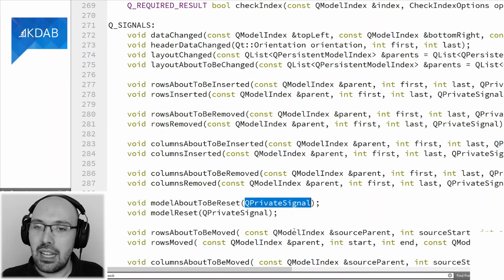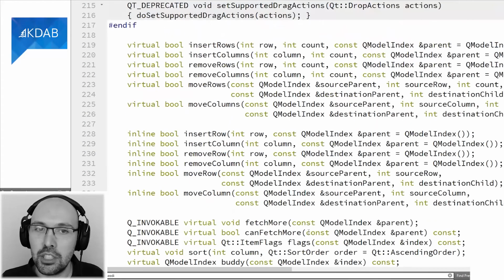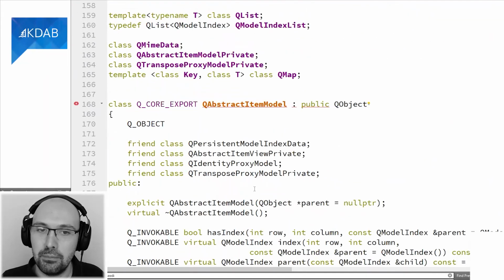Yes, this second case, the one from the subclasses, would even make you fall into this trap, even if this macro still expanded to protected like it did in Qt4. So where is that QPrivateSignal class implemented? This is actually for free, in the sense that this data type, because it is a data type, right, which appears in the signature, is provided for you by the expansion of the Q_OBJECT macro.